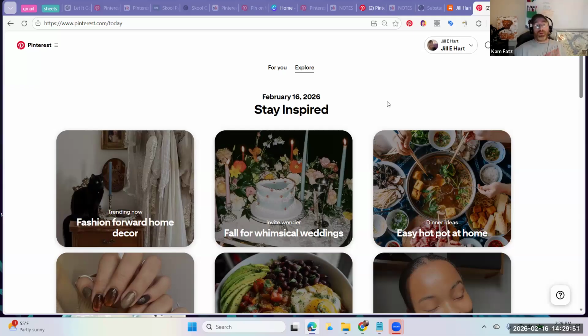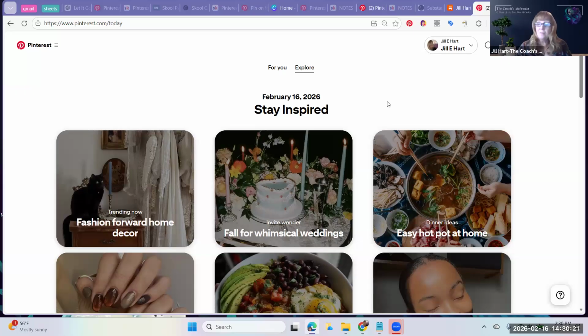I see they're getting like 1 billion visitors a month on Pinterest. So there are a lot of people using Pinterest, and don't believe that old thing that Pinterest is just for women. It's just not true. Men come over here and search it and get inspired. There's just so much over here.